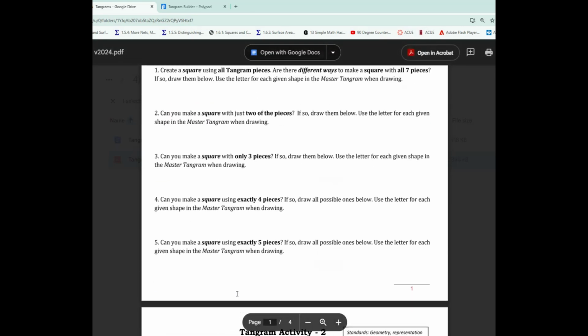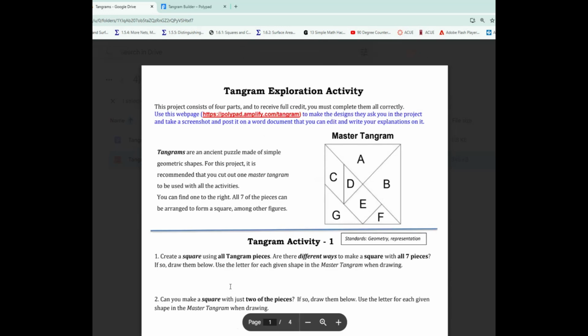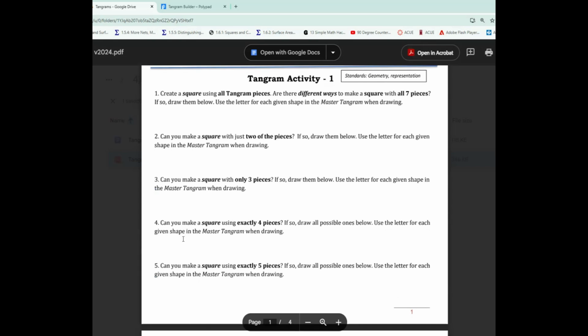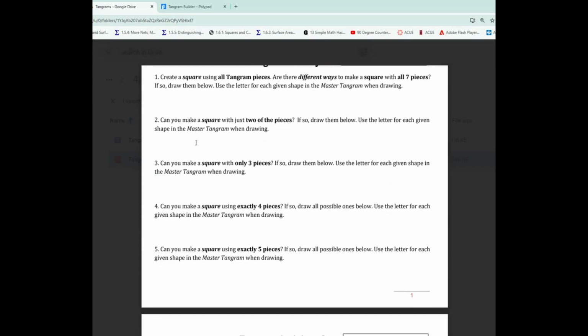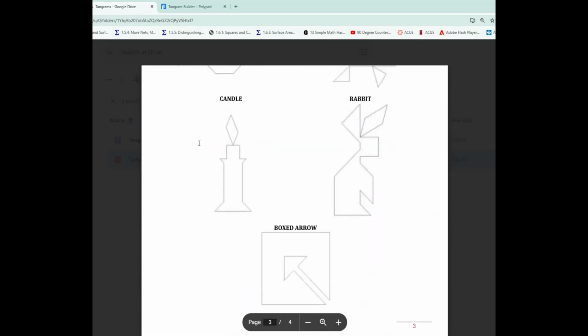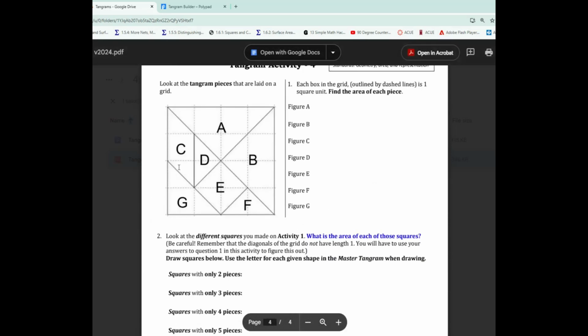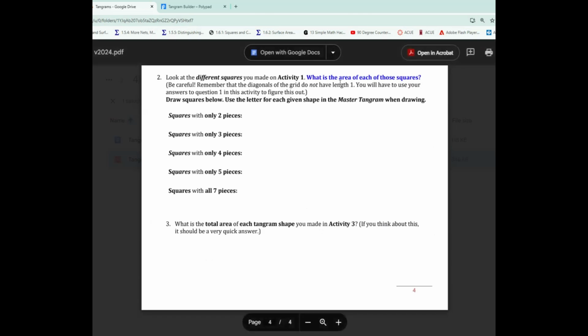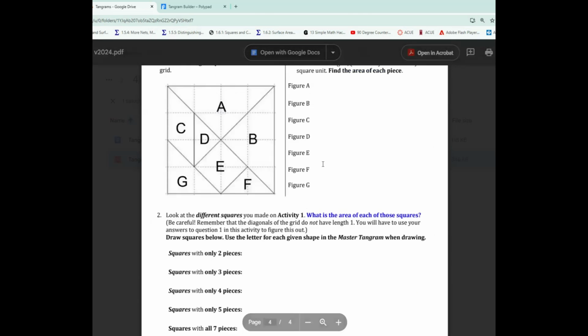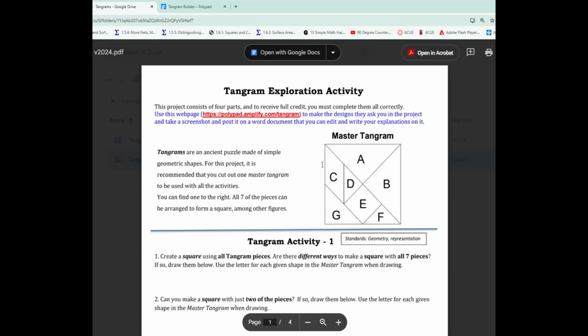So each part is worth 25 points, for a total of 100 points. If you're missing any parts, if this has 5 and it's worth 25, that means each question is worth 5 points. Does that make sense? So same story, 5 designs, 5 points each, right? And here I think I changed the value for each one. I think it's in the rubric. But anyway, now I'm done. I just wanted to answer any